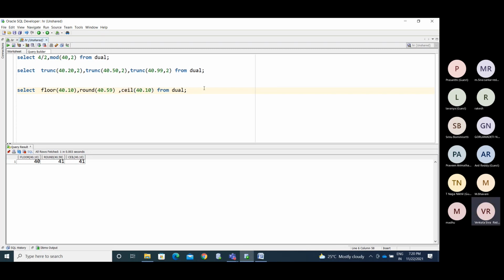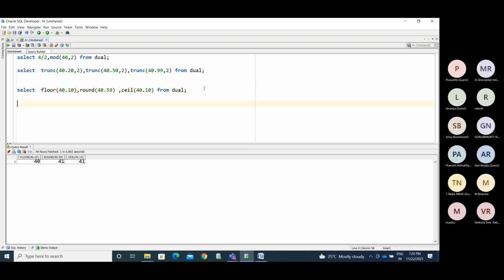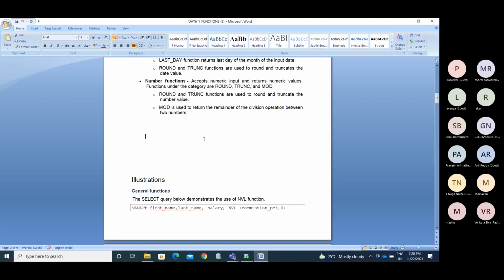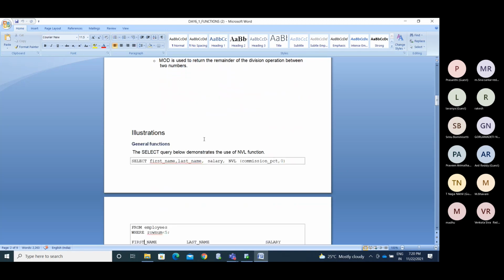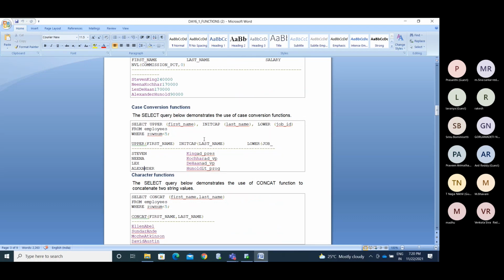Okay, so this is about these functions. What other functions do we have here?